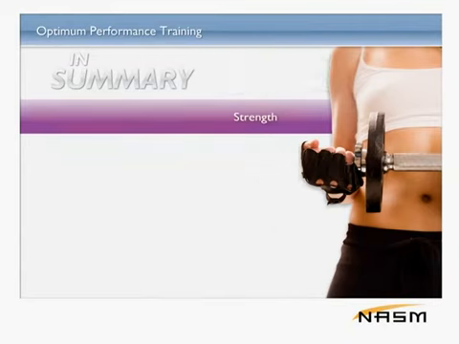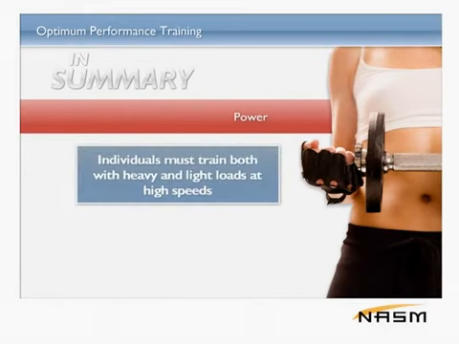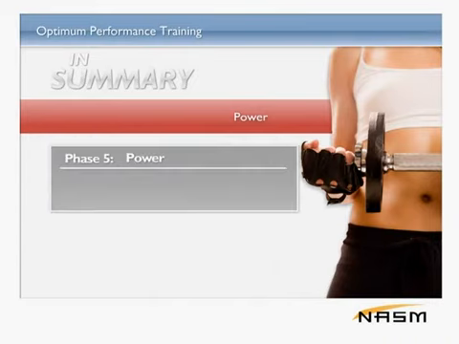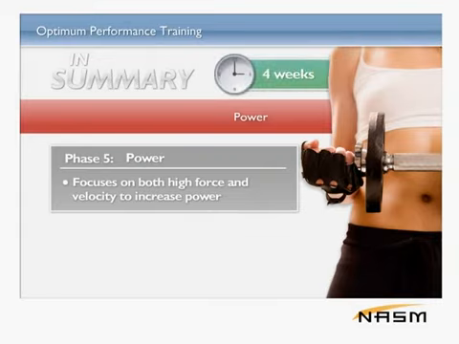The third level of training, Power, is designed to increase the rate of force production. To develop optimum levels of power, it has been shown that individuals must train both with heavy and light loads at high speeds. The power level consists of one phase of training, Phase 5, Power. This phase focuses on both high force and velocity to increase power and also lasts about